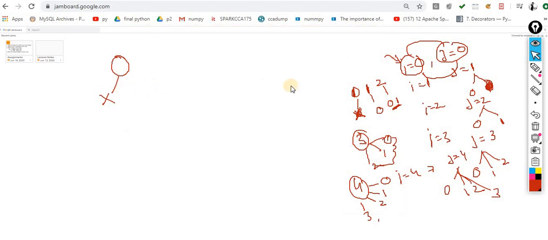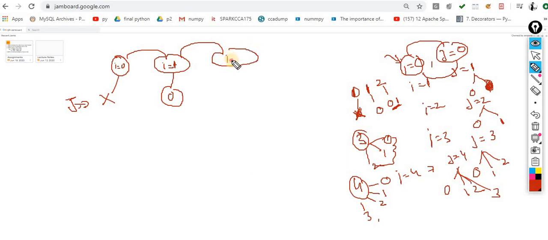For the same, first understand the tree structure. When i is equal to 0, that means j would not happen. This is the j loop. Now I move to the next step. i becomes 1. Now j would happen only once for 0. Now i becomes 2. Now it will happen only for 0 and 1. Now it will move to the next step. i becomes 3. Now it would happen for 0, 1, 2.